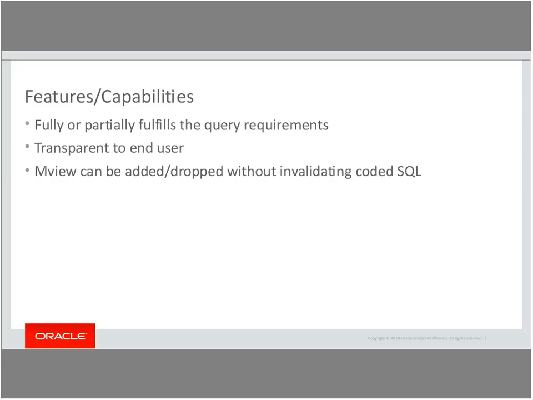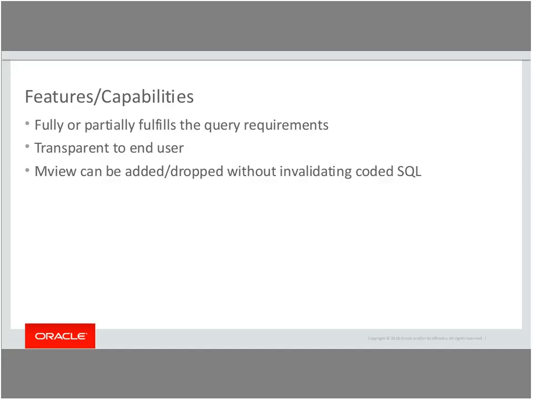Capabilities and features of query rewrite. If the end user's query exactly matches the materialized view query, then all the information can be fetched directly from the materialized view. However, if the query contains only some columns that are present in the materialized view, then those column data are fetched from the materialized view and the rest of the information from the master tables.